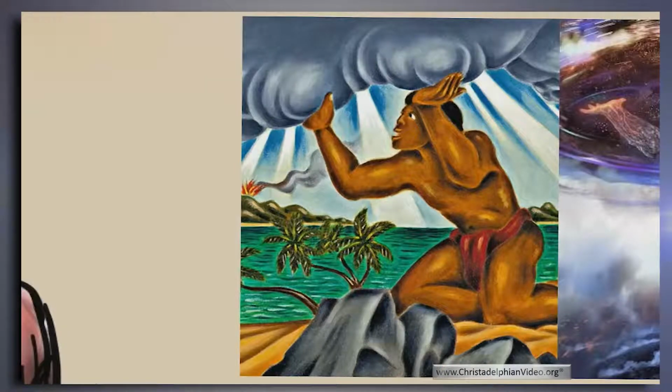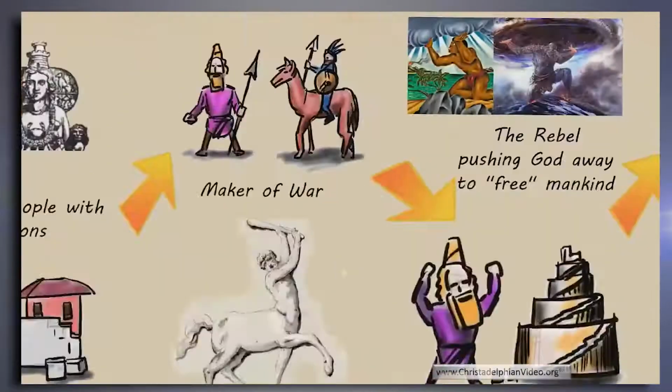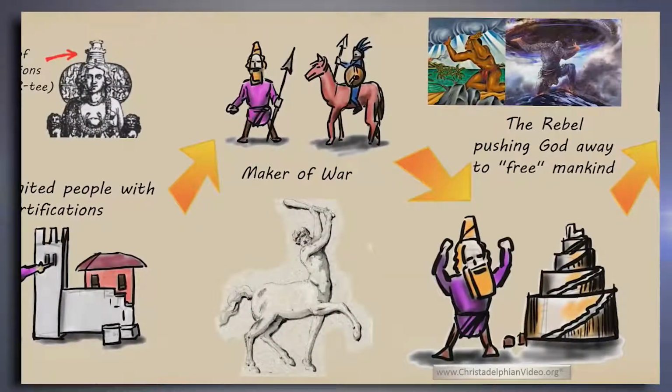You can't actually tell how far the sky is unless you're given a high vantage point. So by building a tower, you gave this idea of separation. There's a heaps cooler version of it later on with Atlas. And it's interesting with Atlas, sometimes you see him actually lifting the world, but some of the early versions have Atlas actually lifting the sky. And he's separating between God and man. So that's what Nimrod basically did, is he said, hey, let's rebel. By building a tower, we can get religious freedom.